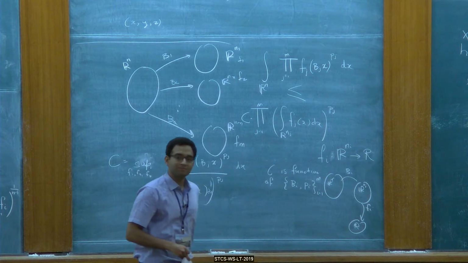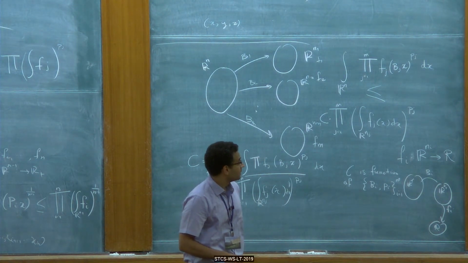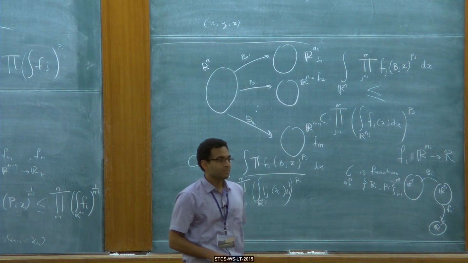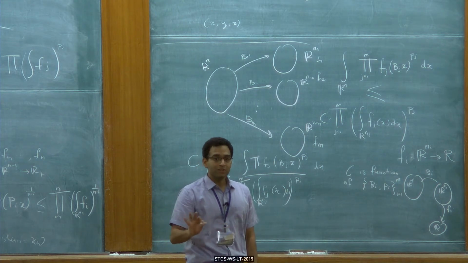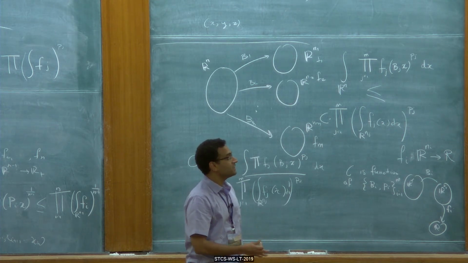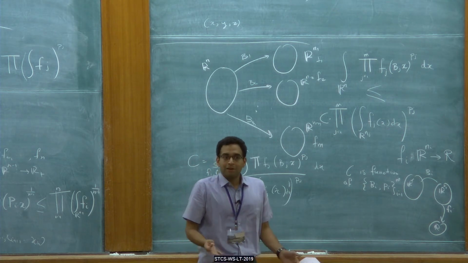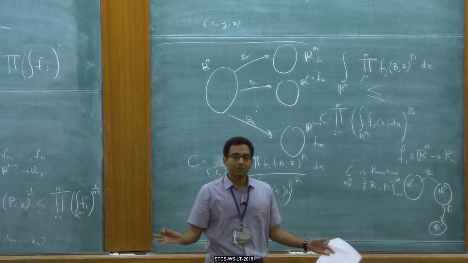What was the condition? What are the assumptions to get equality? Even the maximizer is Gaussian. That's right. So right now there are no assumptions. All we are saying is that the maximum value of C is obtained when everything is Gaussian, but I haven't said when that is finite. So it could be infinite.